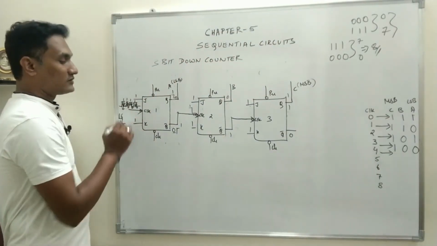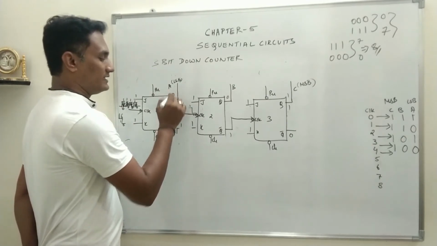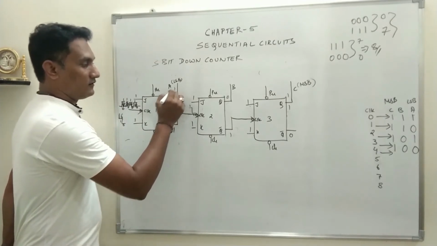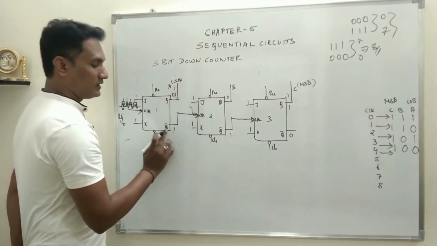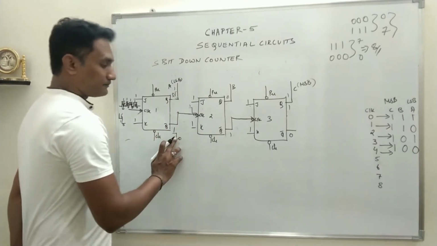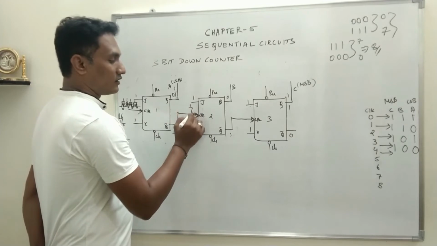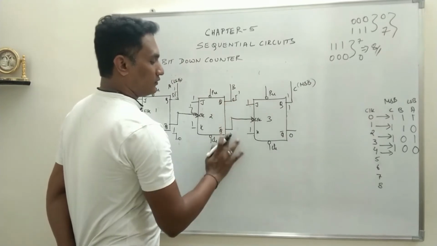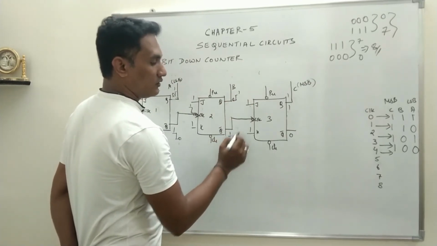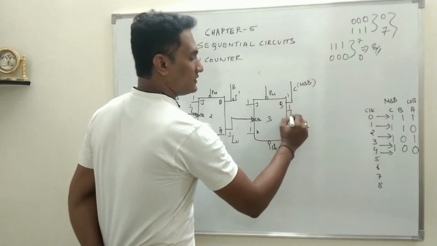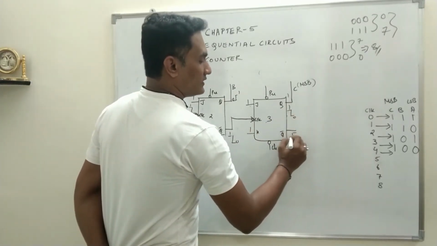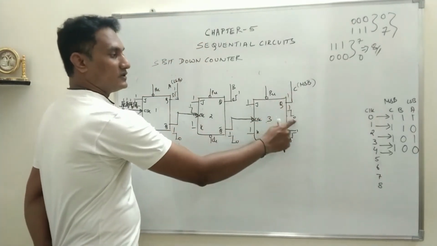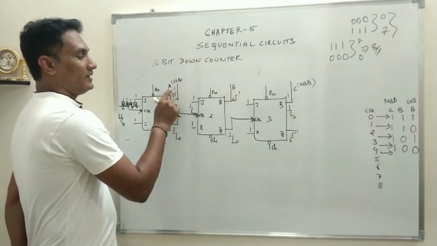So when the next, fourth clock pulse is applied, what will happen now? A is 0, so Q bar will be 1. When the fourth clock pulse is applied, A will go from 0 to 1, Q bar will go from 1 to 0. Similarly, as this is the clock input for the second flip-flop, it will toggle. B will go from 0 to 1, Q bar will go from 1 to 0. That means it will act as a clock input for the third. C will go from 1 to 0, Q bar will go from 0 to 1. So at the end of the fourth clock pulse, all flip-flops change their state. C becomes 0, B becomes 1 and A becomes 1.